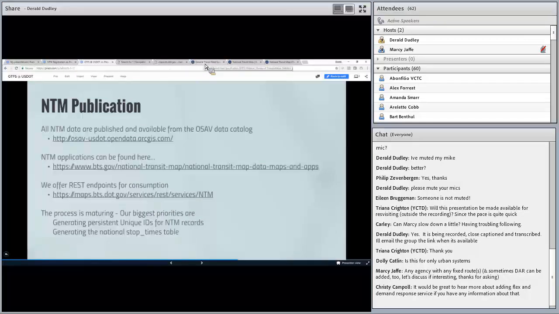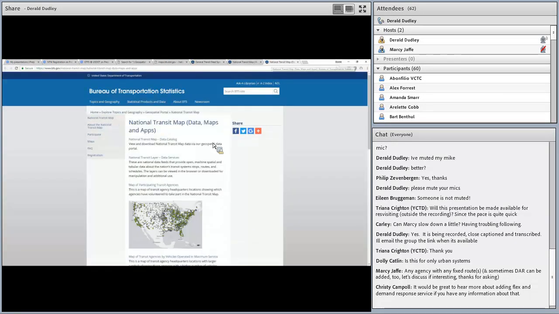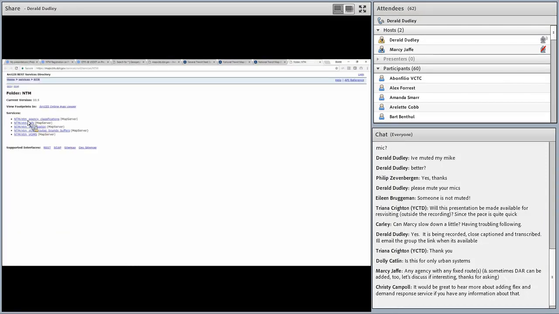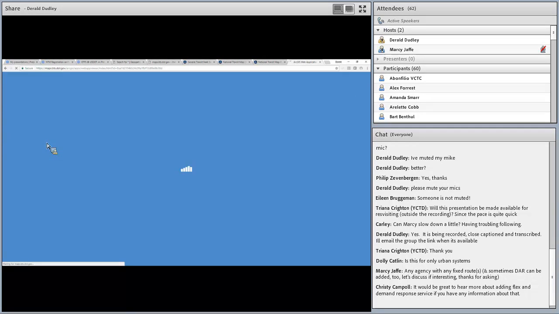The National Transit Map applications, I'll show you that real quick. I think, here we go. This page is where there's a link to the catalog. We also offer data services. These are REST endpoints that can be used by applications for consumption, so you can import them into your map or include them in web-based mapping applications. We also include mapping applications,